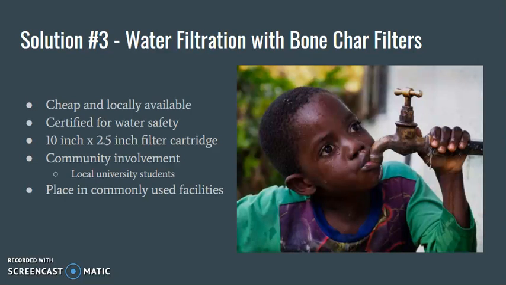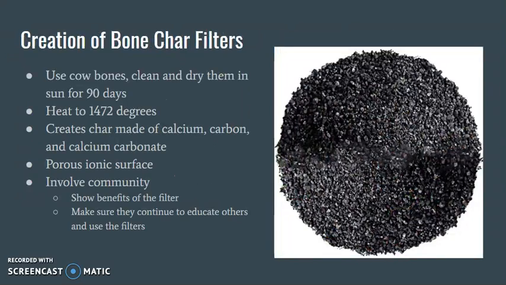To maximize effectiveness of the budget we have, these filters could be placed in public locations like churches and popular restaurants. The process of the creation of the bone char filters involves drying and heating. The creation could involve the community and show them the benefits of the filter. By seeing the creation and its effectiveness, the community members would be motivated to keep trying and telling more and more community members why it's important, which would grow our reach and our program at no cost while helping everyone who gets to use the filters.